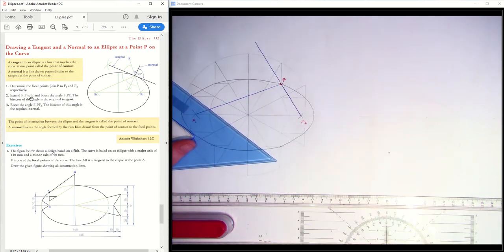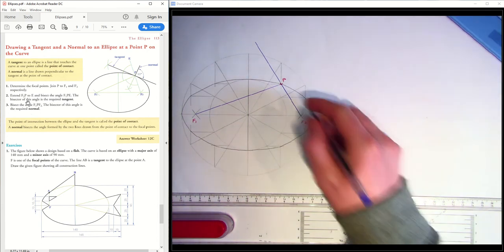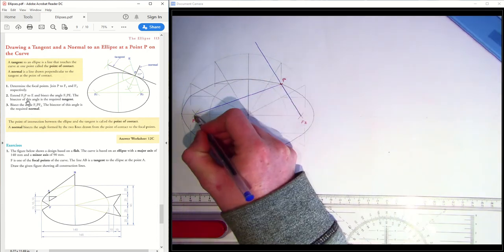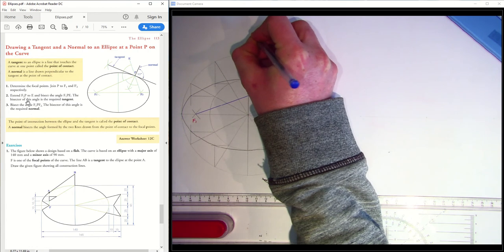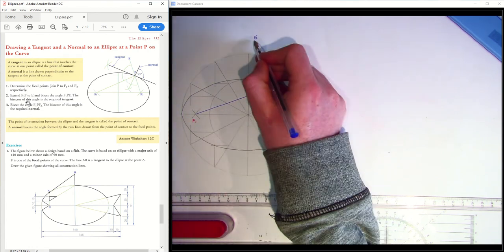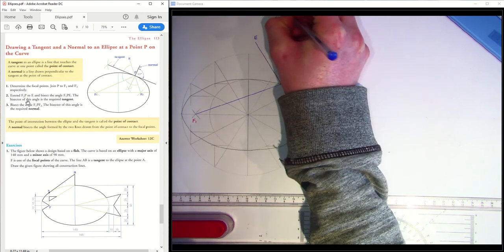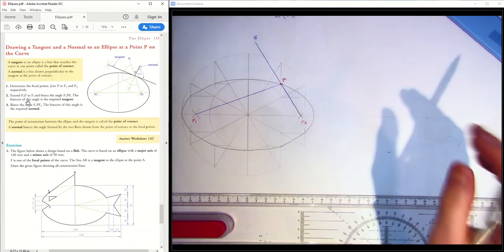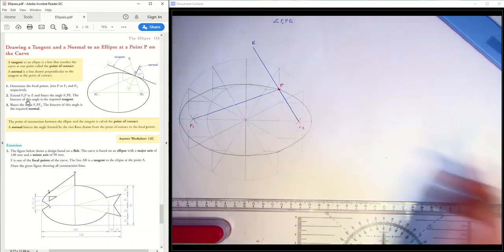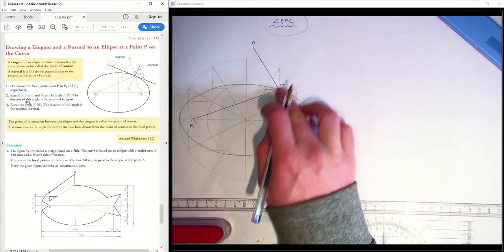The next part: the bisector of this angle is the required tangent. So this angle here, I'm going to call this one E. So the angle F1PE, angle F1PE. I need to bisect this angle in order to find my